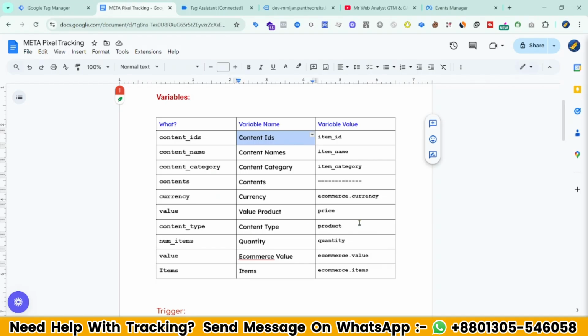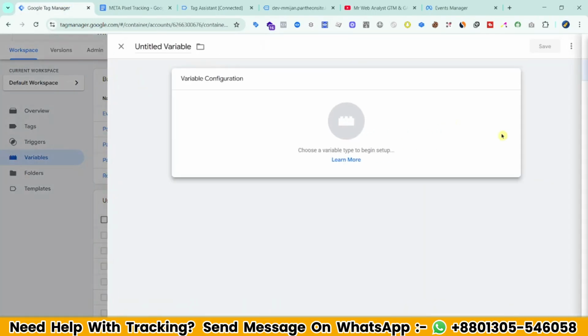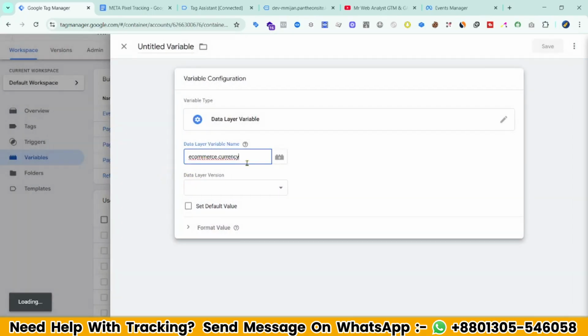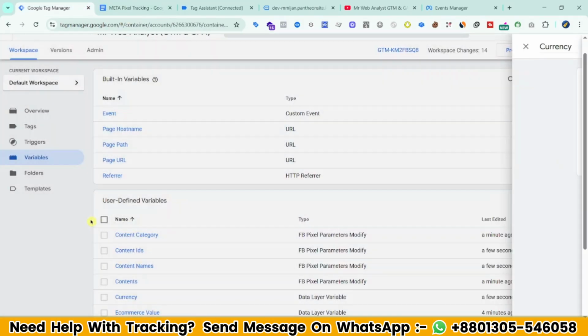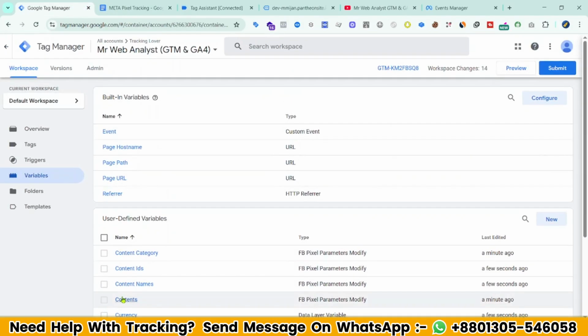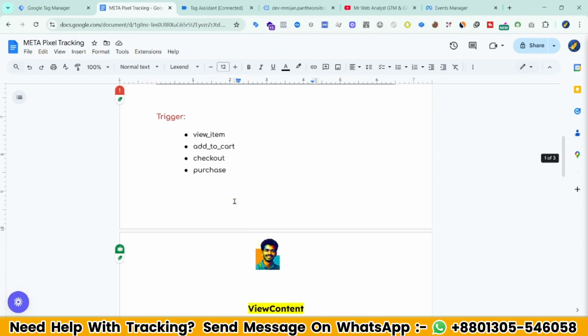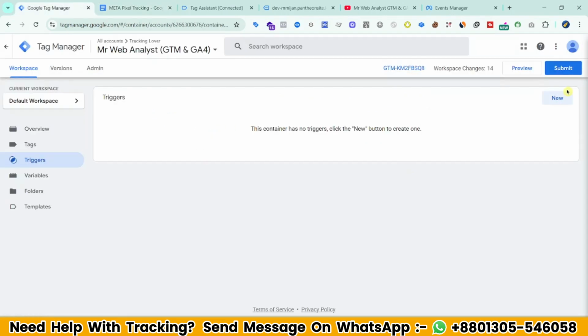Now I have to create another variable which is currency, just copy, click on new data layer variable, then it will be currency. Okay, save. Our variables are created. Now I need to go to trigger, and the triggers will be view item, add to cart, checkout, and purchase. It's following the GA4 schema. Okay,